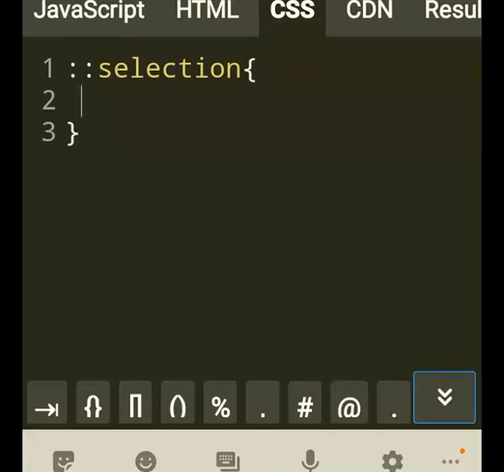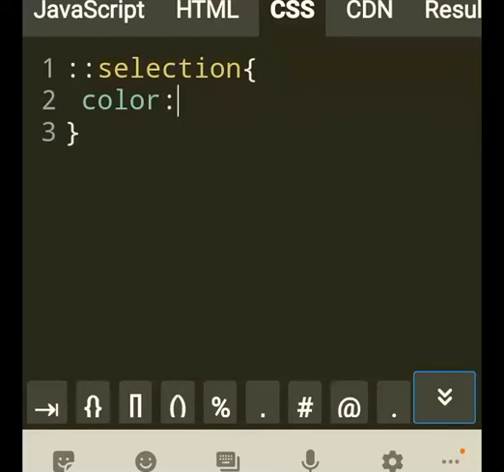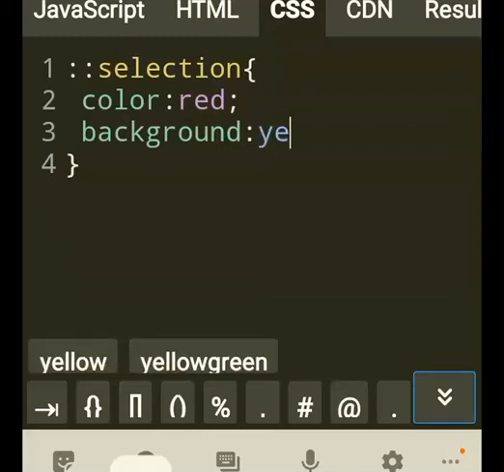So let's see here, color, say red, and background color, let's say yellow, for example. It could be anything.